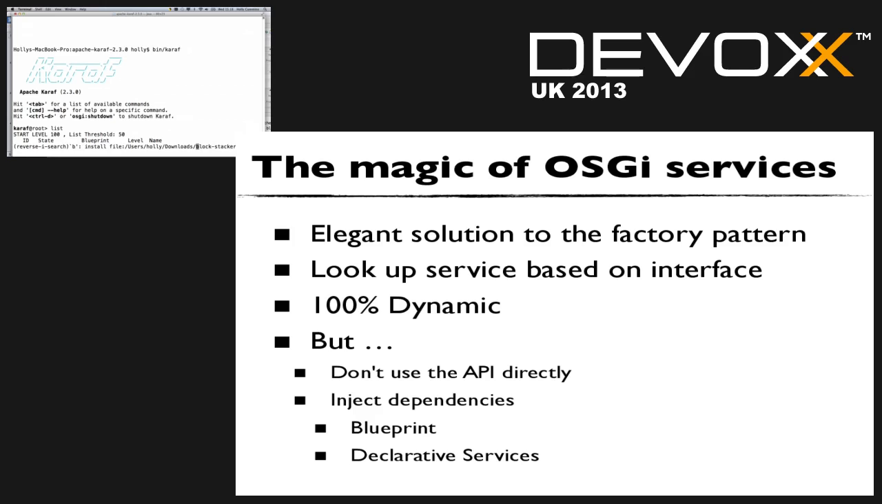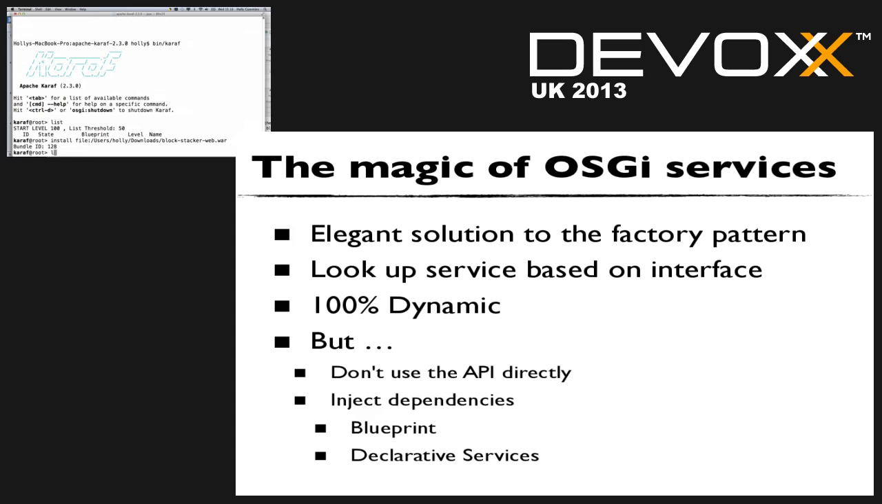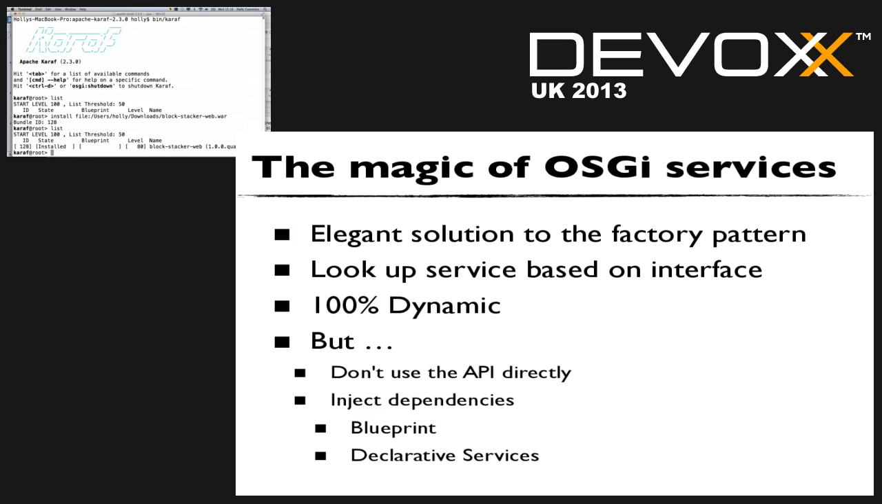So if I do install file, I can install my war. It's now installed, and this is one of the cool things about OSGi, is that bundles have a life cycle. So instead of being there or not there, at the moment it's installed, but it's not actually started. So if I try and start it,